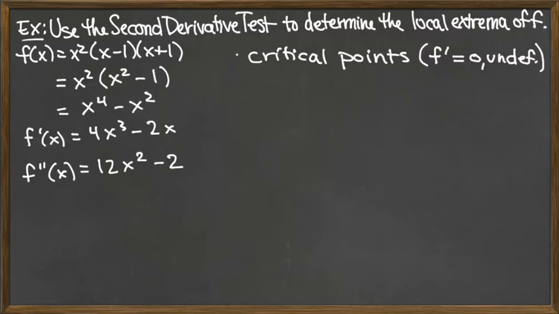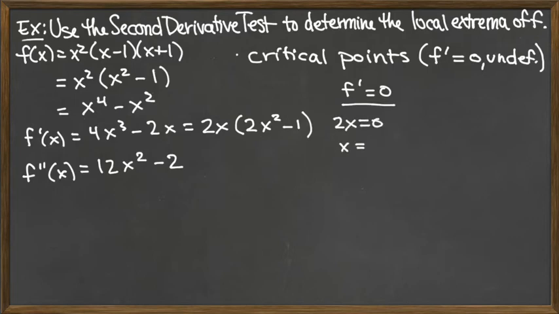Well, we have f prime of x here but not in factored form. So let's go ahead and factor it. We've got the greatest common factor of the two terms is the 2x, leaving us with 2x squared minus 1 as the remaining part of the factor. So if we're looking at where f prime is equal to 0, we're just setting each factor equal to 0 and solving. So the first factor equal to 0 gives us x equals 0, and the second factor equal to 0